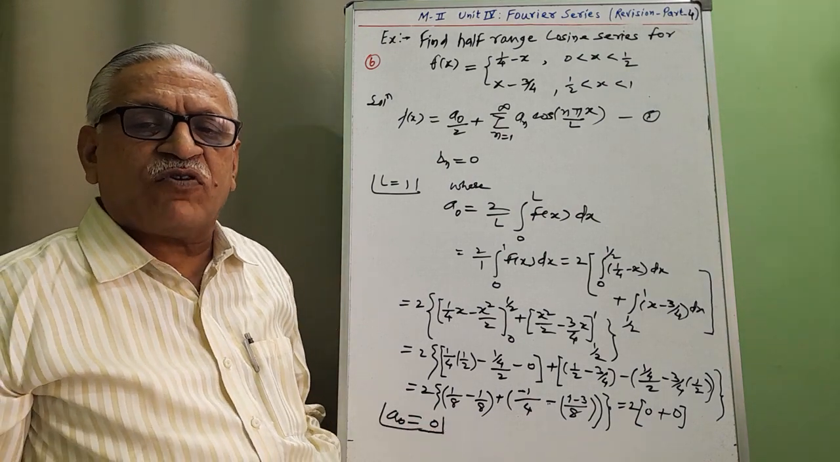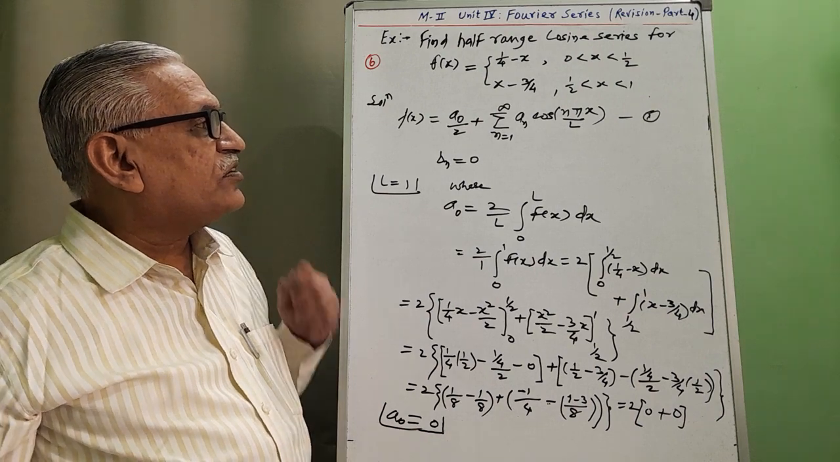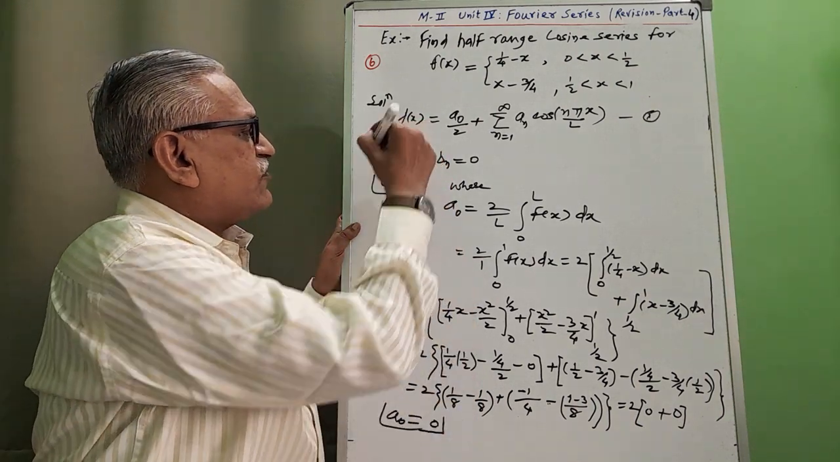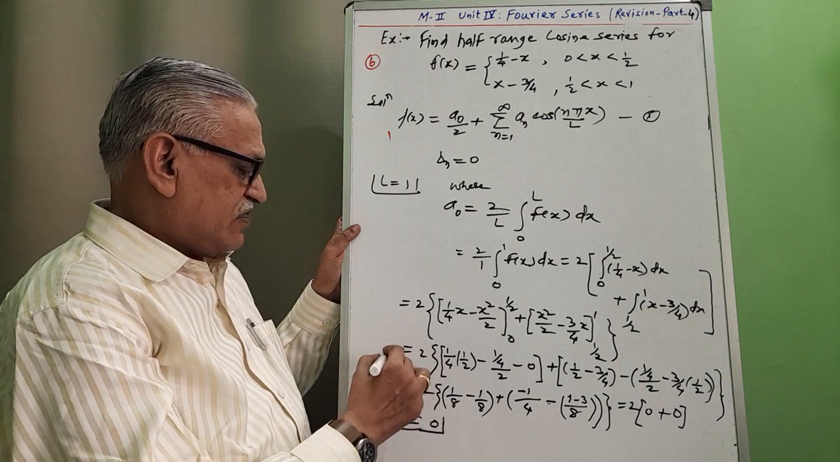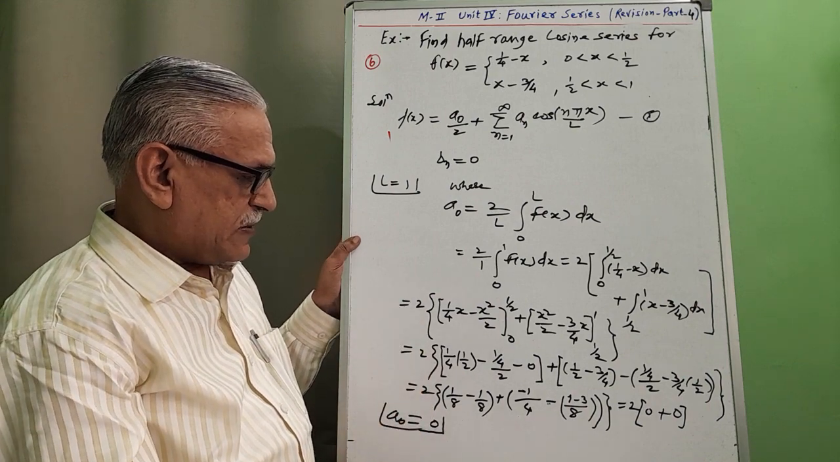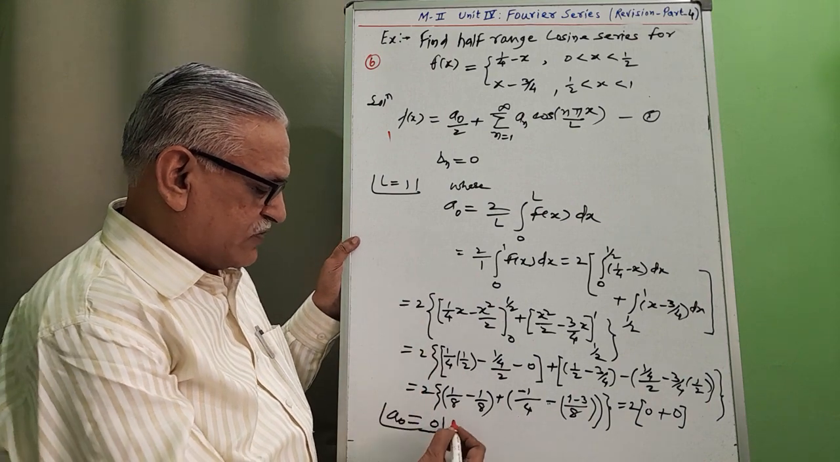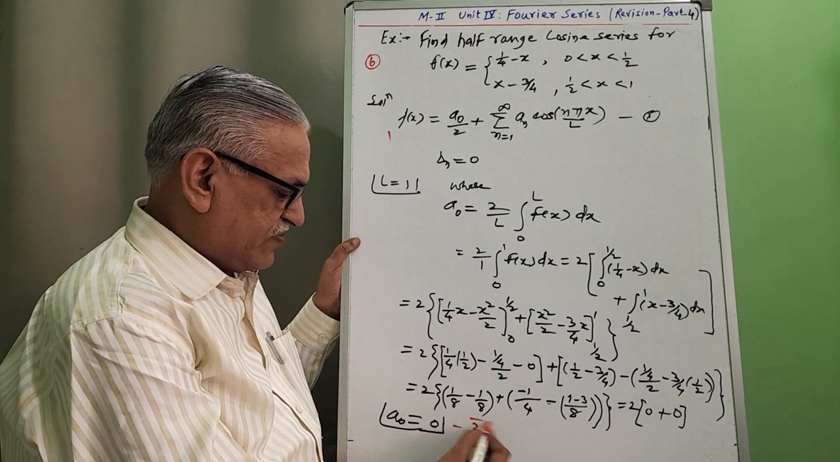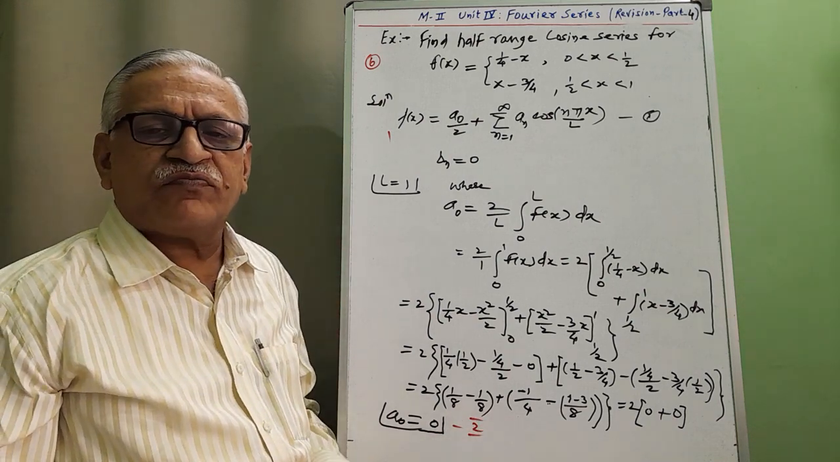If the problem is asked for 6 marks, 1 mark for the formula, 2 marks for finding the value of A0,